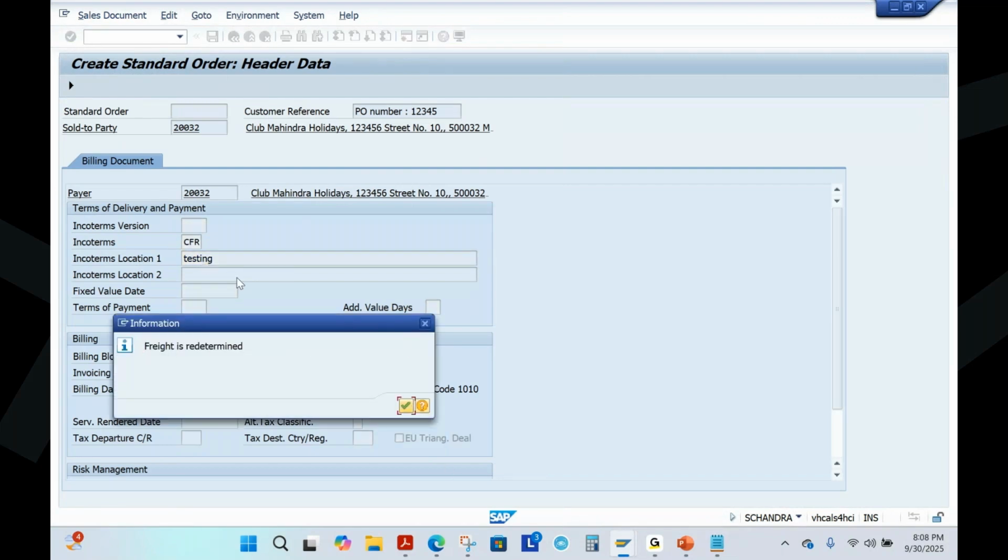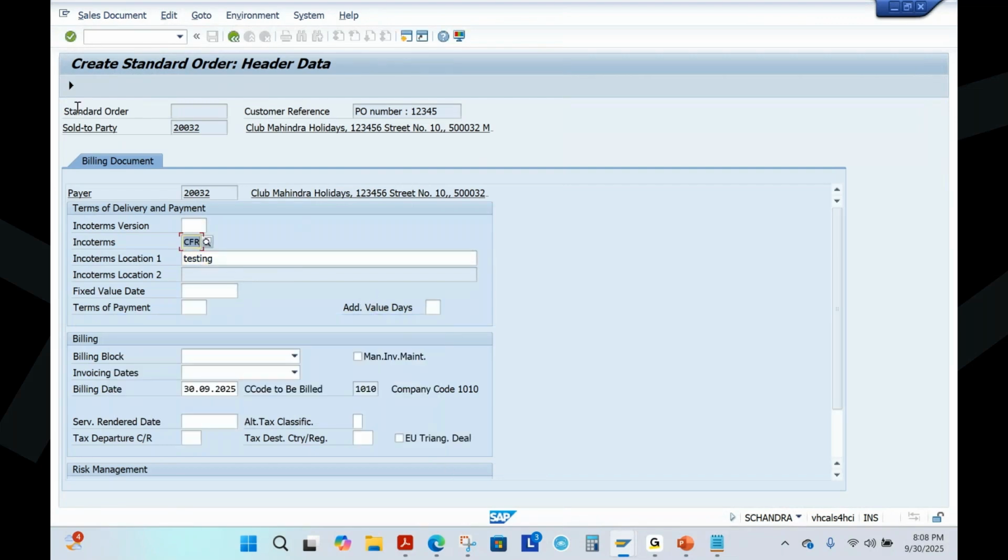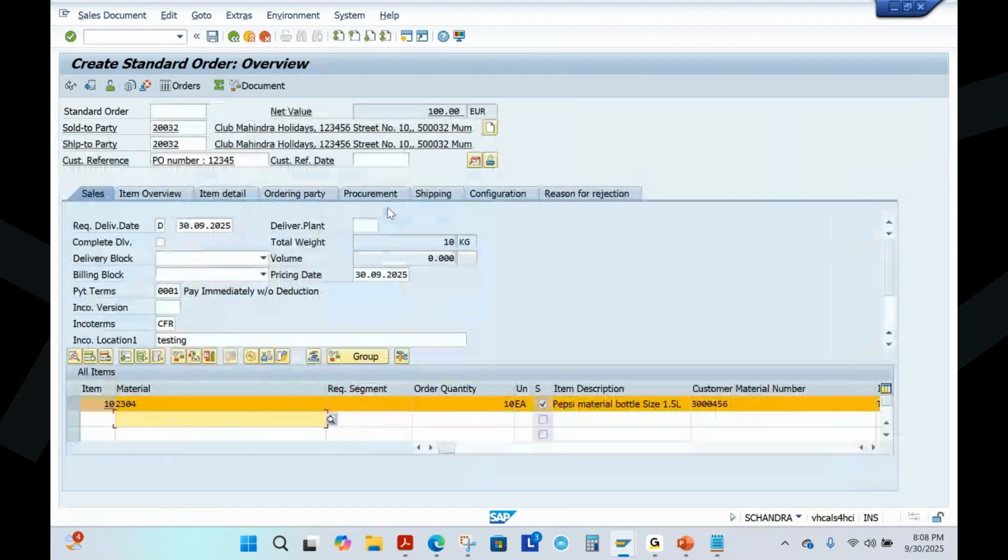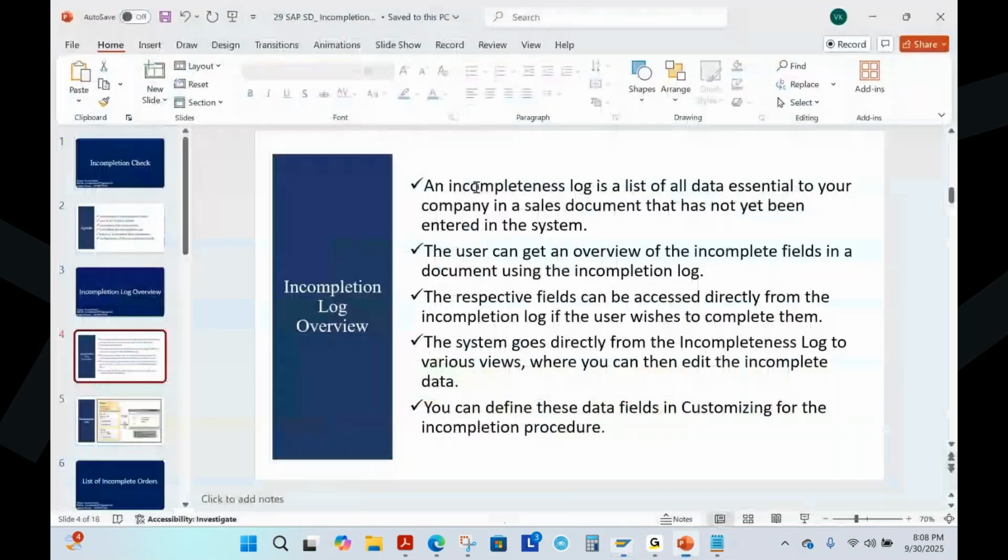What is the next one? Next one, if I try to click on continue, next one is payment terms. Okay, so enter the payment terms. Payment terms is entered. Click on continue. Okay, done. Now it says document is complete. So in that way, user can complete the document. Okay,